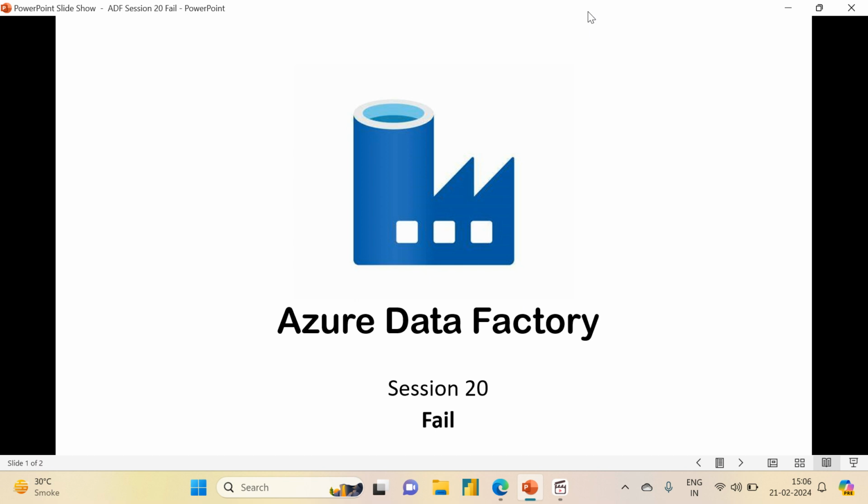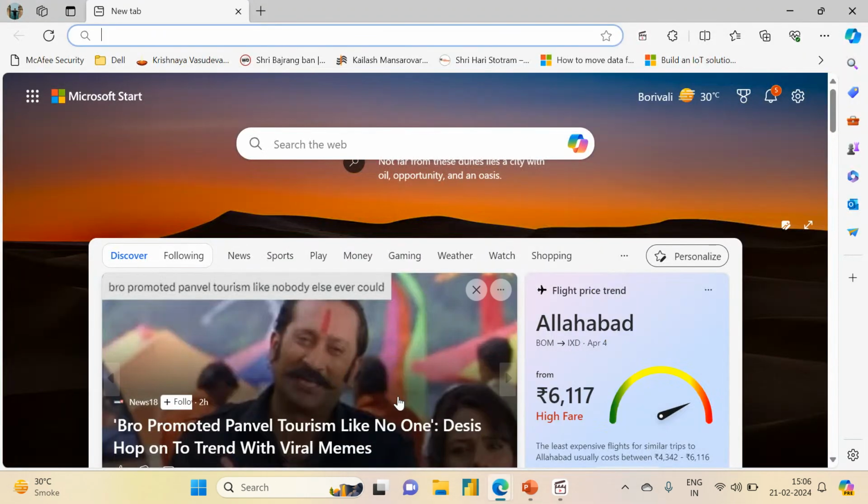So we are going to see how we can use fail activity in our pipeline in this session, and after that we will move forward. So let's jump into our Data Factory Studio. Let me go to my Azure portal,